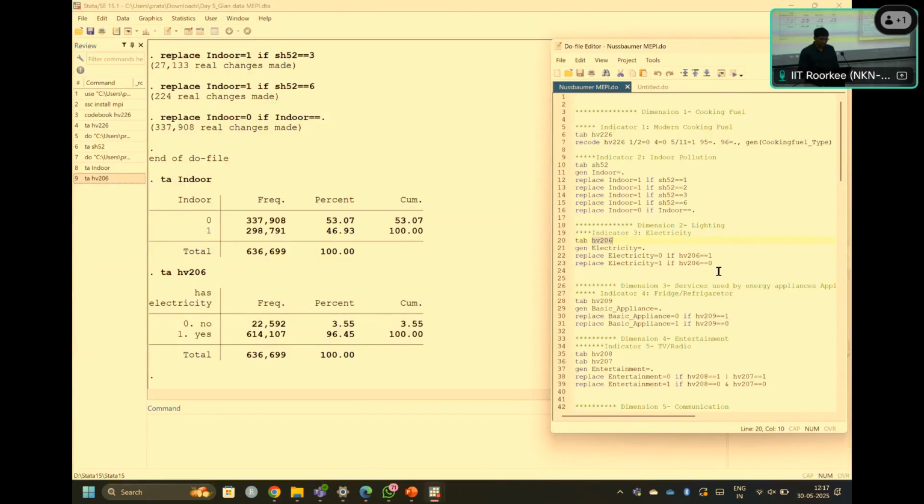Are you following this correctly? It's not the 1 or 0 the data has provided. We actually change it for our purpose, so that interpretation will be easy. Is it okay? So we have changed. Now I'm just going to run it.